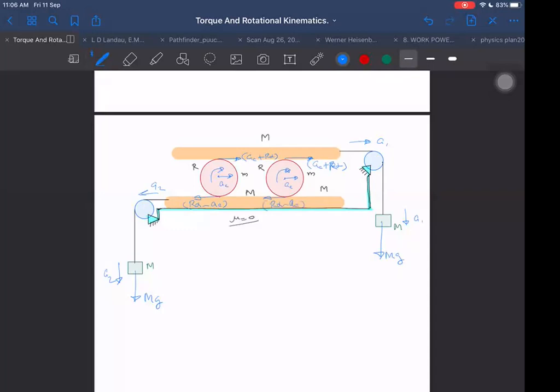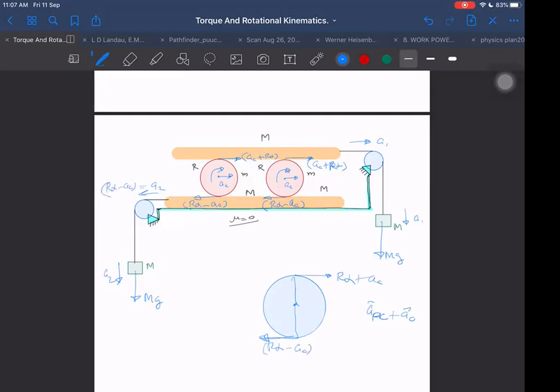Is it okay? Yes, sir. Why is it R alpha minus AC? See, it has two accelerations. With respect to the center, R alpha, that will be in these directions. And we have the acceleration of the points with respect to the center plus the center acceleration, plus AC. Here, why am I writing minus AC? Because it is backwards and AC is opposite to that. So minus AC. So A2 will be equal to R alpha minus AC.